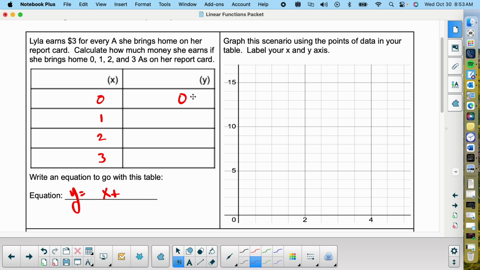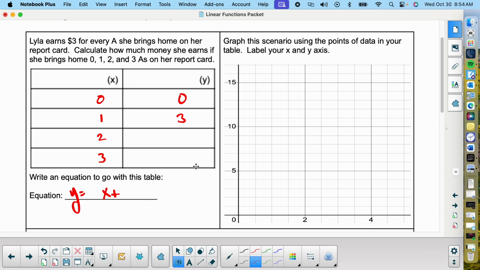So if you don't get any A's, you don't get any money. Not saying this is how it should be done. But I would bet some of your parents probably do this, where they might pay you for whatever grades you get. I know I've had a lot of parents in the past do that. So yeah, $0 for 0 A's, $3 for 1 A. And the way it's worded up top kind of doesn't really directly tell you. So you have to try to think about this one. Okay, so then